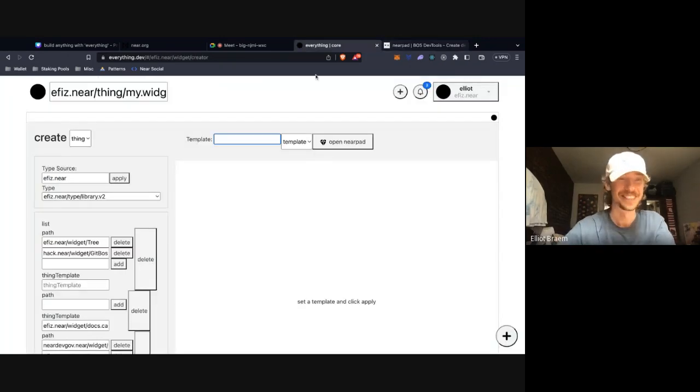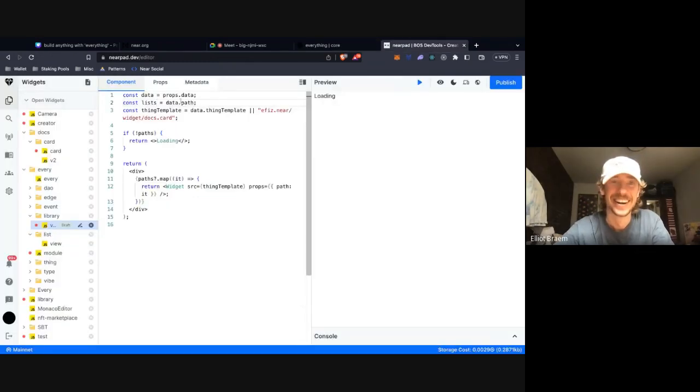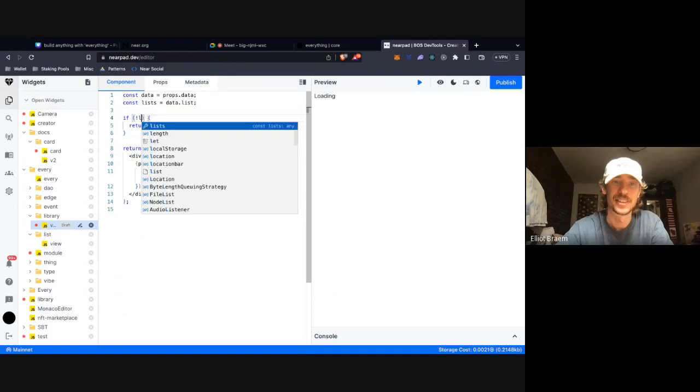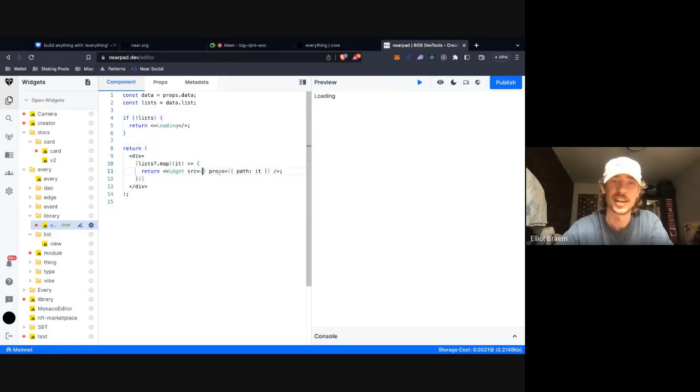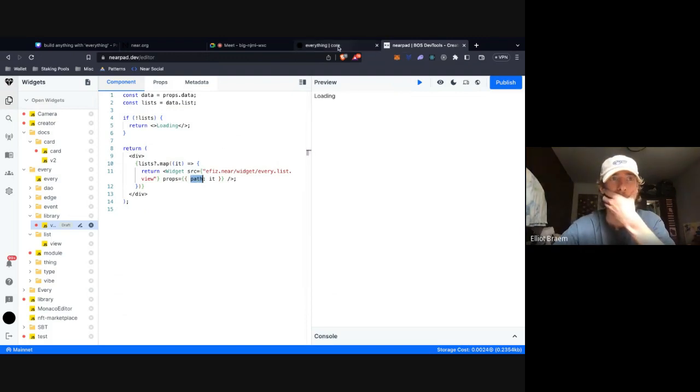Okay, wait, this actually might get really weird. Lists, and then we can have lists, and then we're just going to do widget of if is near widget. This will work.